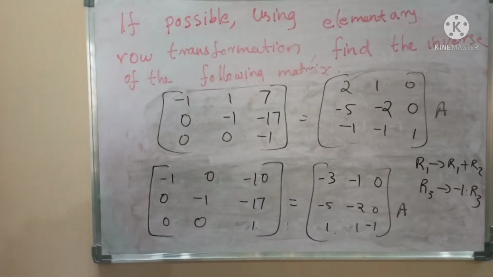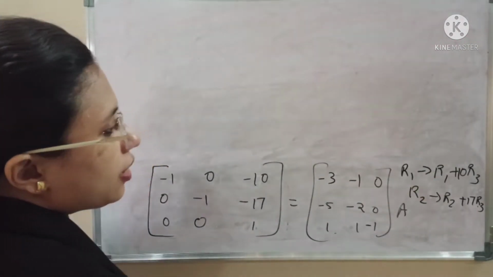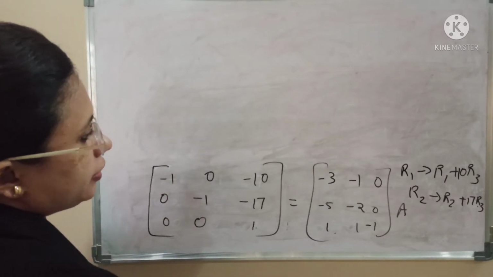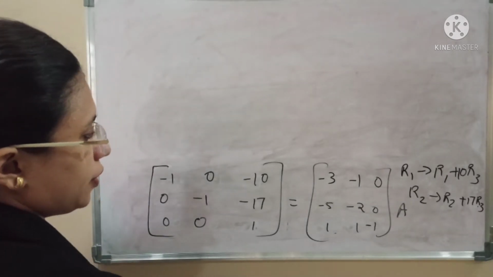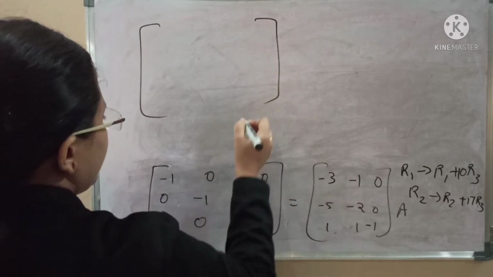Clear? So let's see the next transformation: R1 to R1 plus 10 R3. So we need to cancel 10, right? R2 to R2 plus 17 R3. Okay. So our matrix will be